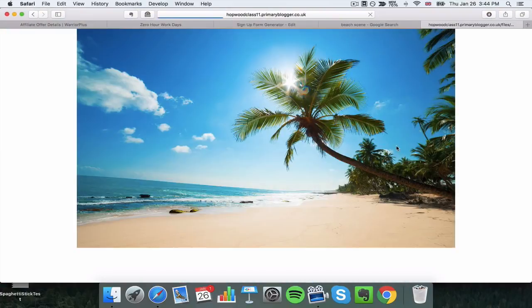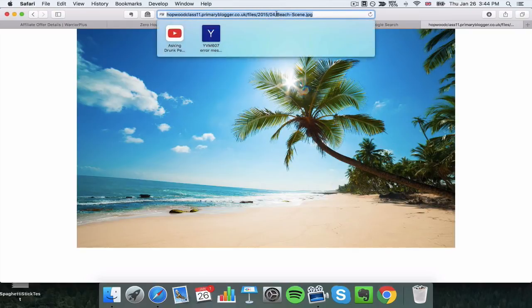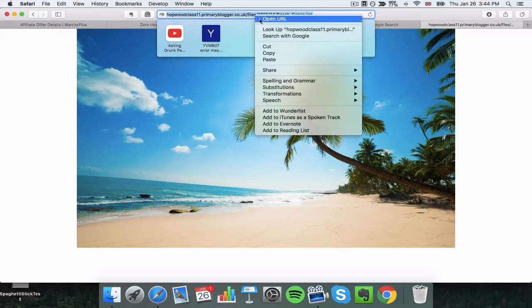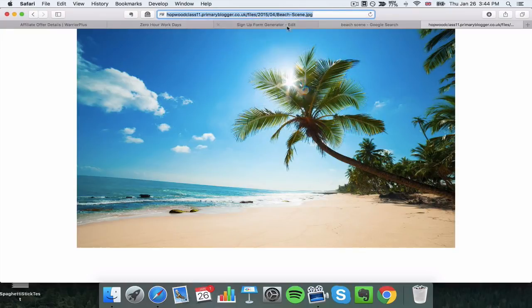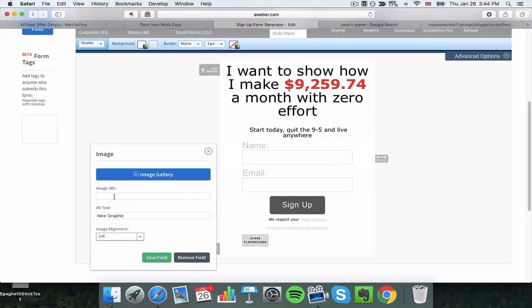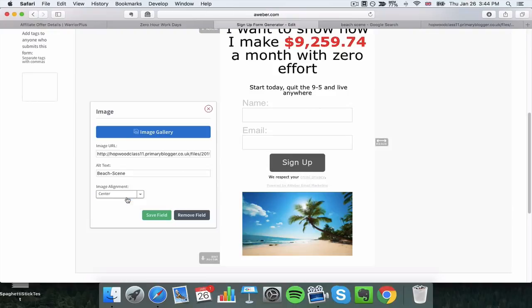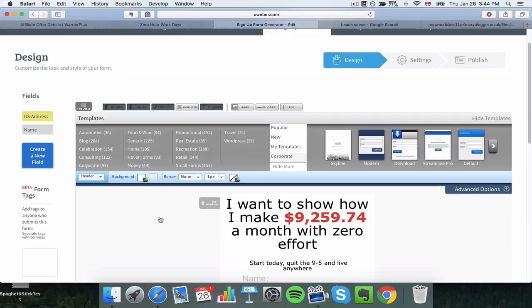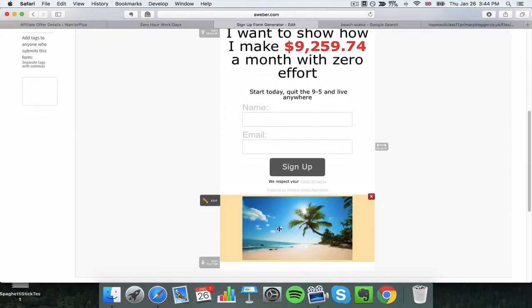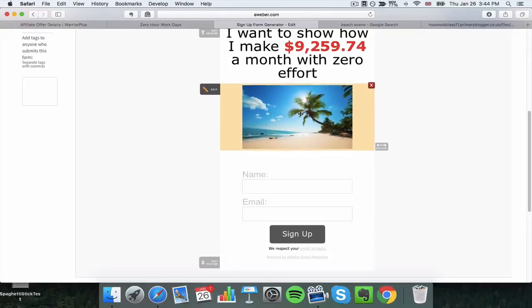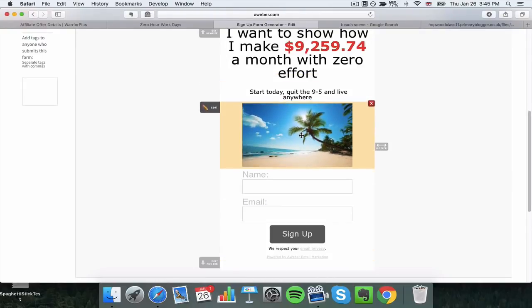click view image, go up to the top, right click copy. We then go back to our sign up form, we go in there and you can see it's popped it in there. Alignment, it's got to be center. We're going to click save field, and then as we did before, we're going to hover over it and we're just going to put it above